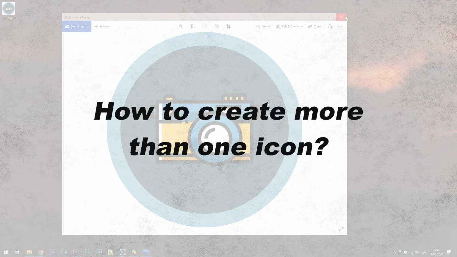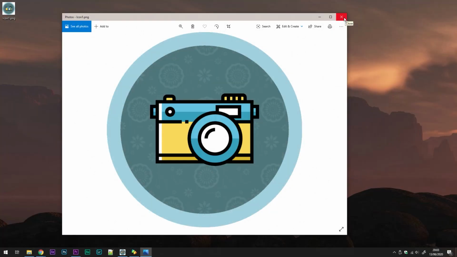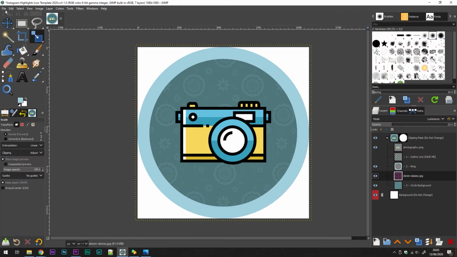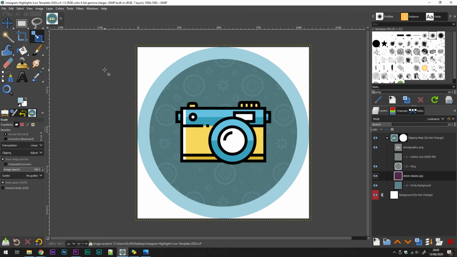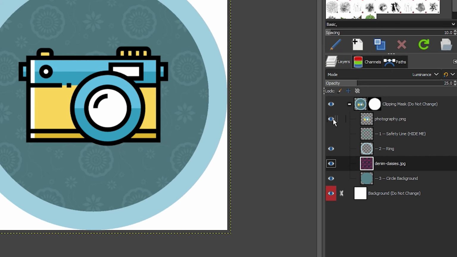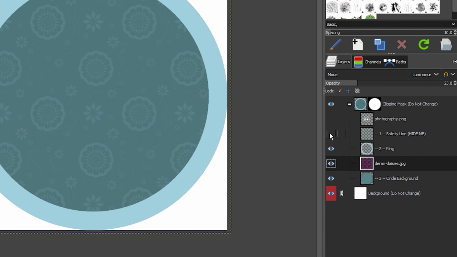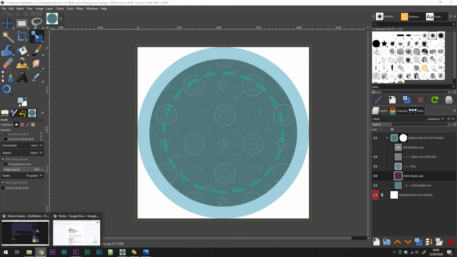What if I want to create more than one icon? It's easy. First of all, make sure that your template is saved. So go to File and Save. This will make sure that you don't lose any progress once you completed your design. Now hide the existing icon, enable the safety lines, go back to Flat Icon,